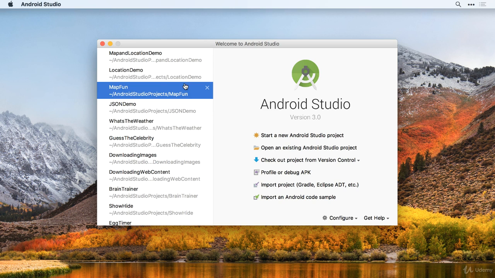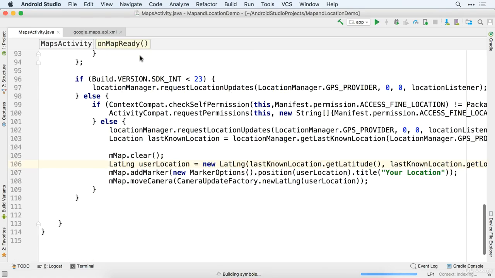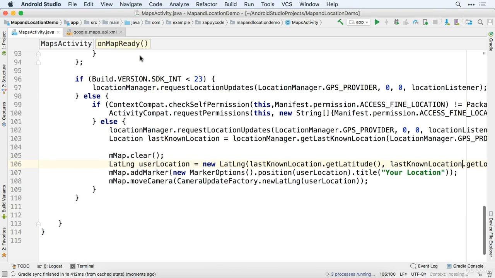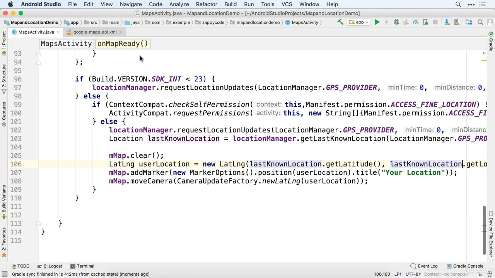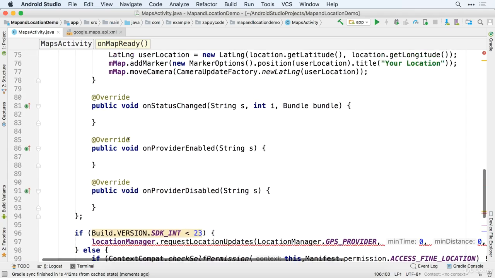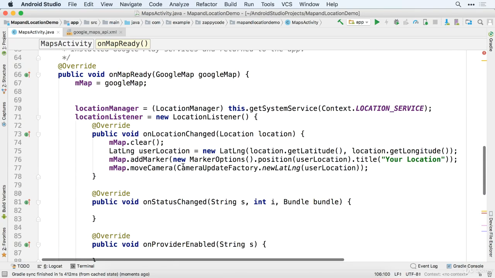So we want to move forward with our map and location demo that we had from last time. We just want to extend this a little bit so we can do something cool every time that we get a new address. So we are going to move up to where we have the code for our on location change. Of course, we still want to clear the map and then add all the new stuff. That's great. That's fine. But there is one extra thing that we'd like to do, and that's to work with